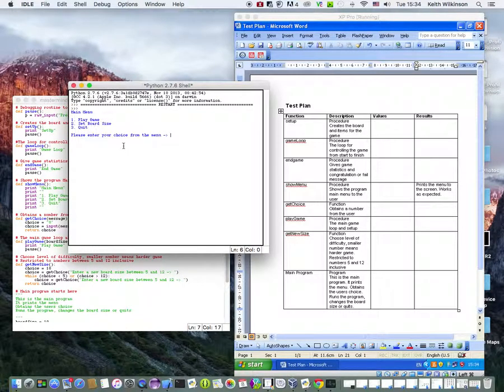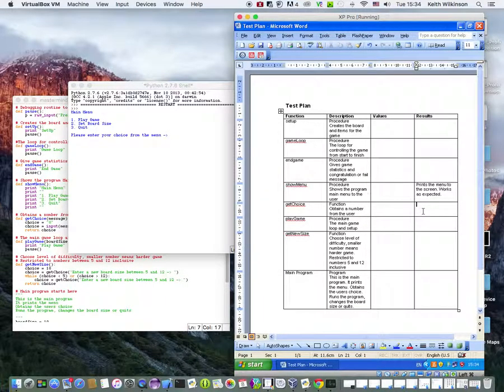F5, there we go. So we've got our main menu. It prints the menu to the screen, works as expected. The next one is get choice. So what is get choice doing? It prints a message for the user to input a number. Okay, that's fine. Now, if we go back,